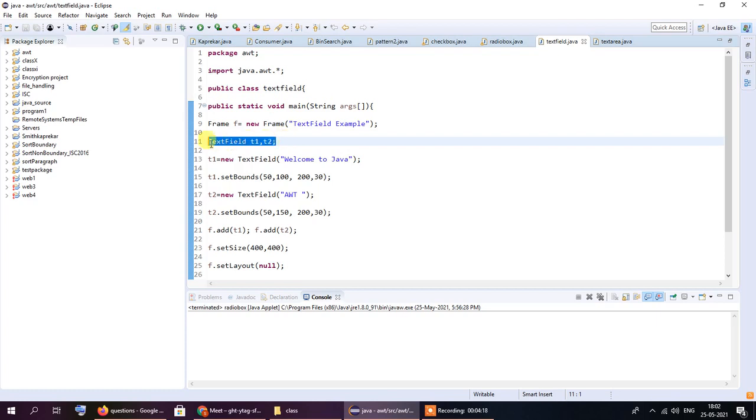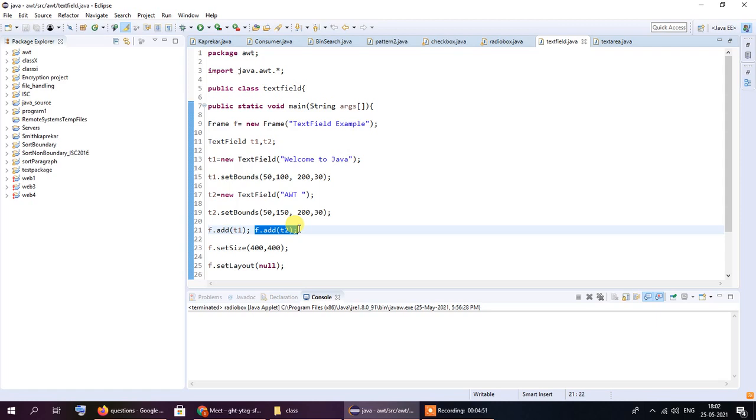Finally we are adding the two text fields to our frame using the f.add(t1) command. Next we are adding the second text field using the f.add(t2) command. As we are creating an object of the frame and not extending the frame class itself, we will have to add the text field components manually using the add command. If we had used frame by inheritance, we could have simply typed add instead of using the object of the frame class, and it would have worked.